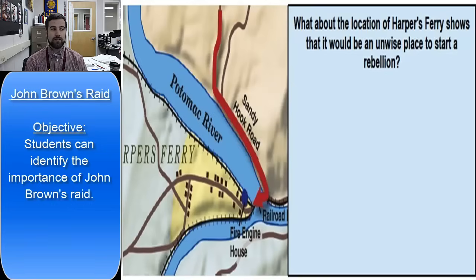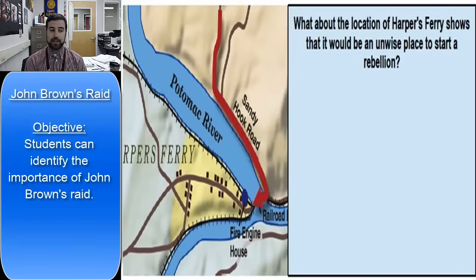He sent men out into the countryside to rally slaves to his cause, but no African Americans would join him. So the following night, federal troops, commanded by Colonel Robert E. Lee, we'll hear his name later during the Civil War, arrived and stormed the building in which Brown and his followers were holding out. Brown was captured, put on trial for treason, and then he was hanged on December 2nd,